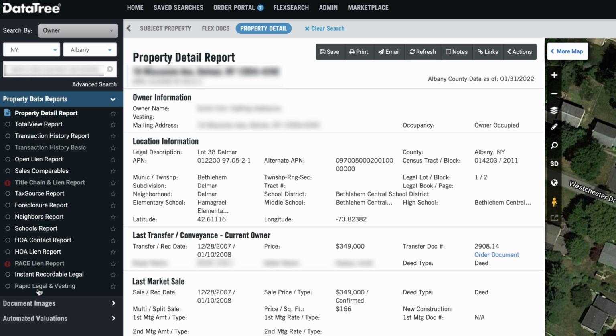document itself, which we could also go ahead and order right here, but it's going to take that document and it's going to be reviewed by a human set of eyes to make sure it's correct and usable on the deed when you go to close the transaction. And you can actually look at the document itself to verify that. So if you want absolute accuracy, this Rapid Legal Investing is what's going to get it for you.